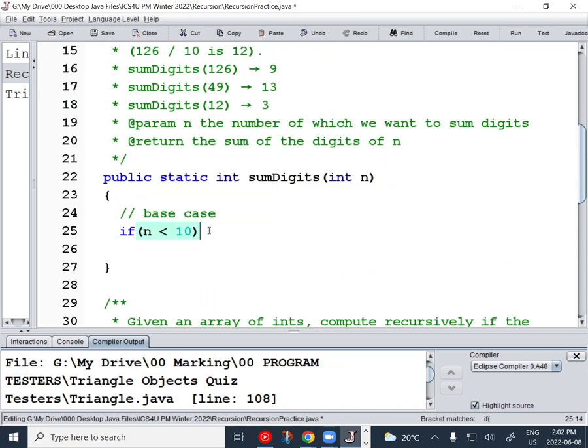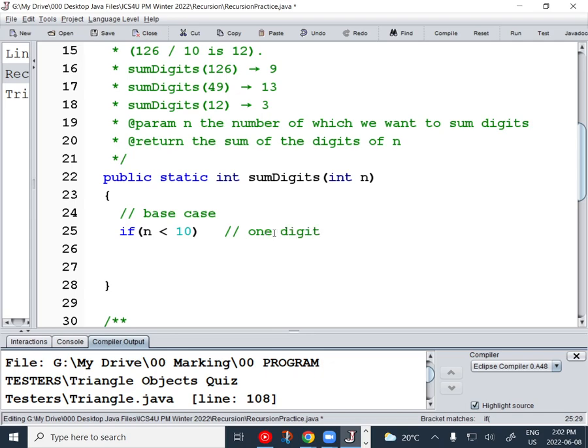So if your base case is less than 10, what should I return? n, right? This means it's one digit. So if it's one digit, what's the sum of the digits of 7? It's just 7. So return n. Else if,